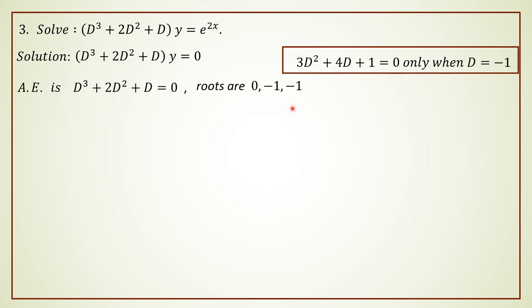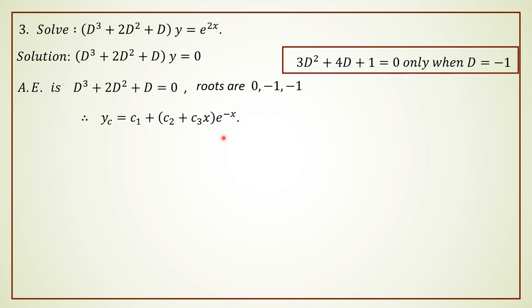So in order to get the repeated root, you have to differentiate the auxiliary equation and substitute the corresponding values. So what are the roots of the auxiliary equation over here? The roots of the auxiliary equation are 0, minus 1 and minus 1. So write the corresponding complementary function. The corresponding complementary function yc is equal to (c1 plus c2 plus c3 x) into e to the power minus x. Now we will find the corresponding particular integral.